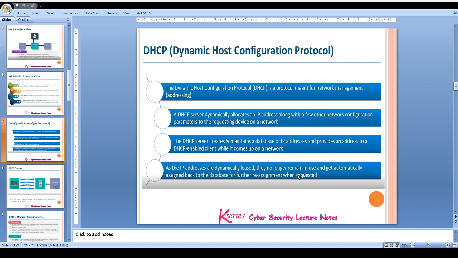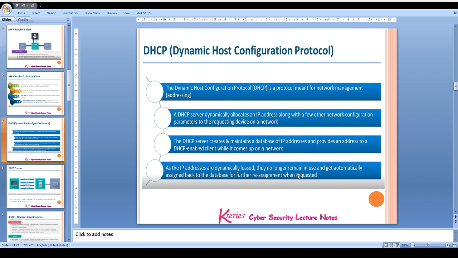The DHCP server creates and maintains a database of IP addresses and provides an address to a DHCP client when it comes on a network. As the IP addresses are dynamically leased, they no longer remain in use and get automatically assigned back to the database for further reassignment when a request comes.